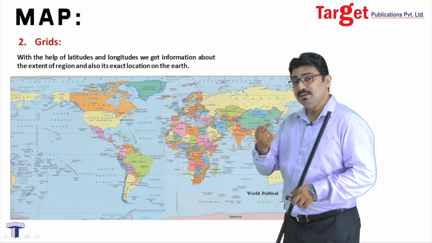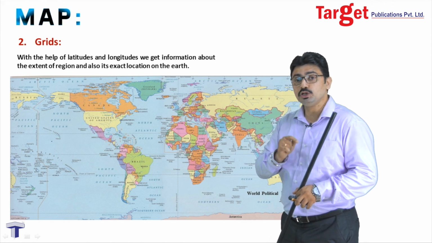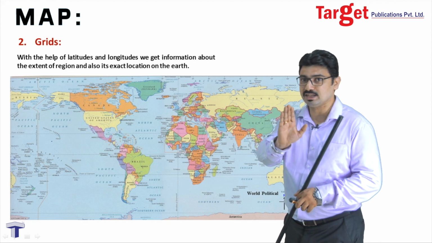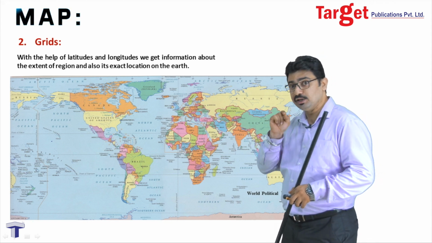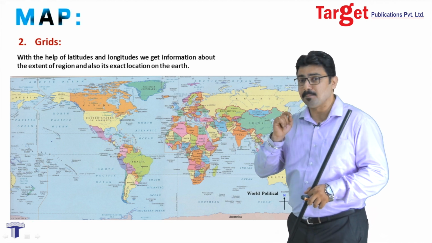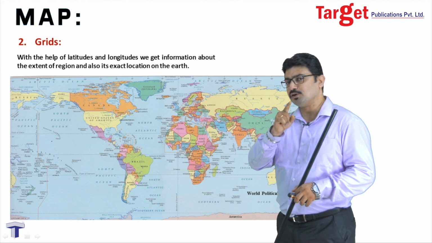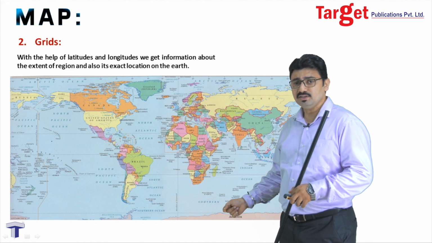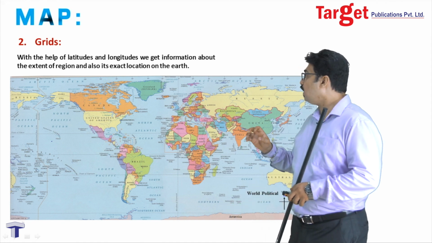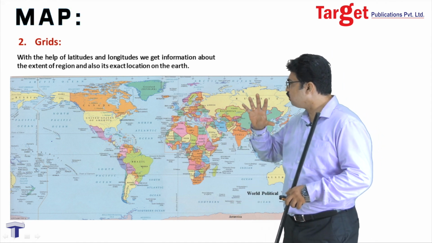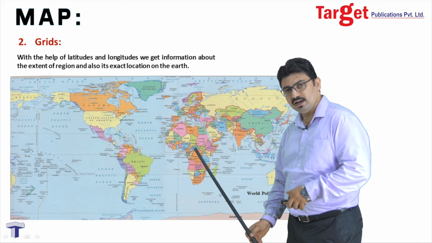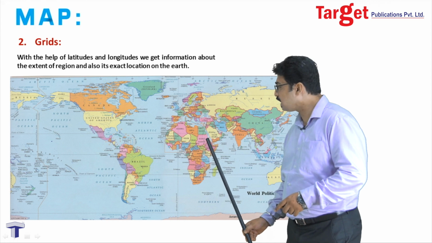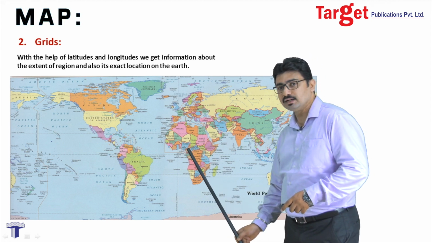Okay. Now, similarly, the most important longitude, with reference to which we decide which one is the eastern hemisphere and which one is the western hemisphere, the 0 degree longitude, is also known as the prime meridian. Friends, you have already studied that the prime meridian passes through Greenwich city, right? So, now let us understand the extent of the entire African continent.